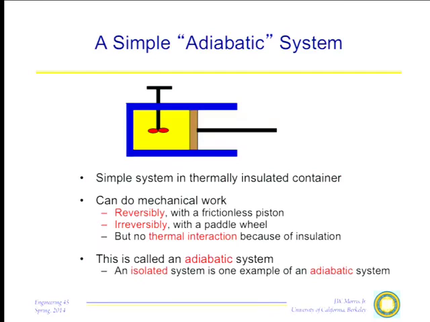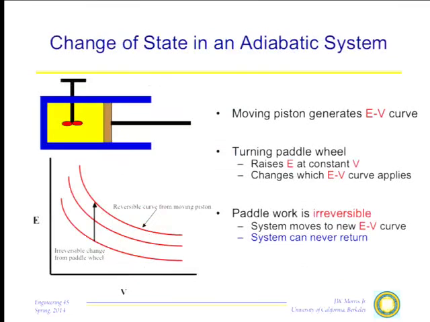One of them is reversible, the other is irreversible. No thermal interaction, this is an adiabatic system. Now what happens if we do these two different kinds of work on the system? Well, here we have to refer to experiment. And all experiments that have ever been done on all systems that can be represented in any elaboration of what I just gave you have the following result.